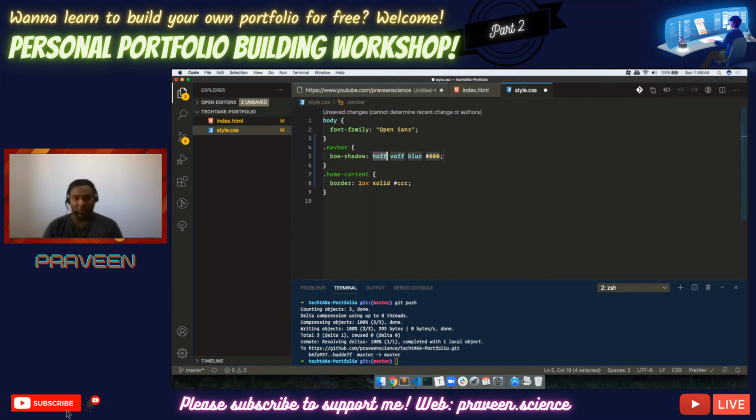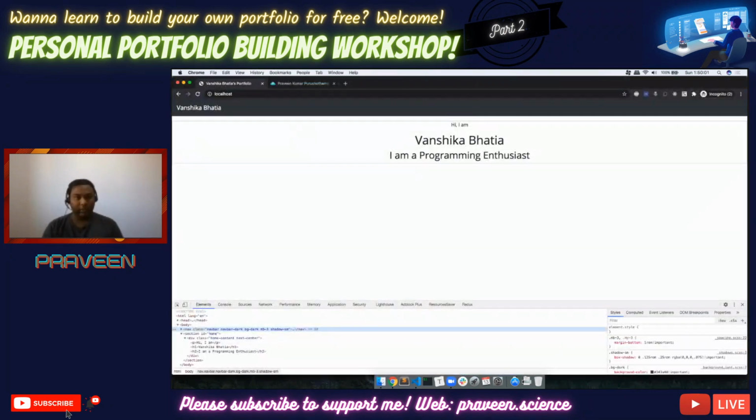The horizontal offset is the x-axis. We don't need any offset. Vertical axis, we can do 2 pixel. Blur, we will give 5 pixel. And then for the color, we'll give RGBA 0, 0, 0, 0.25, something like this. And now if I refresh this, this shadow is much better than what we had initially.